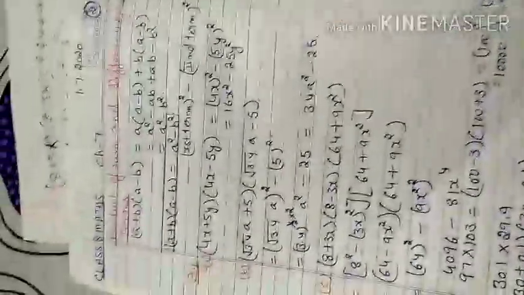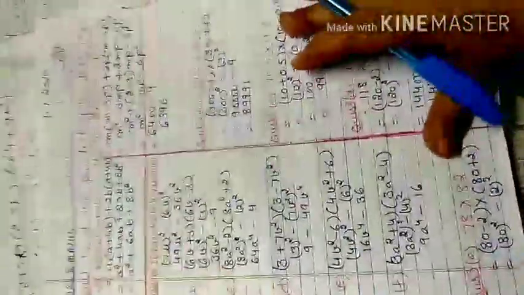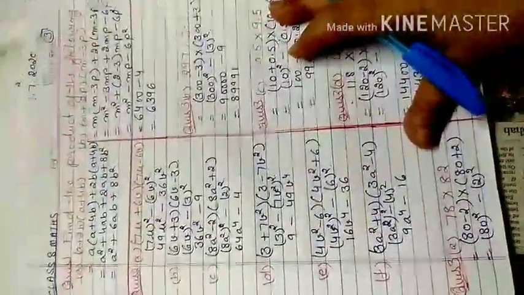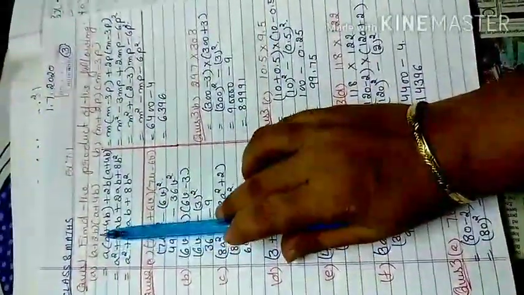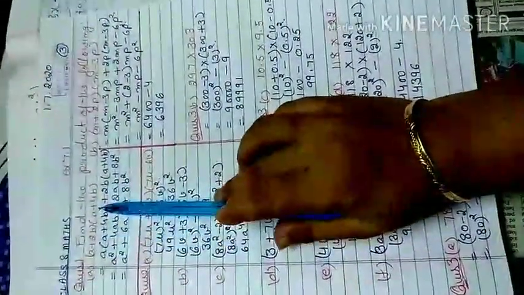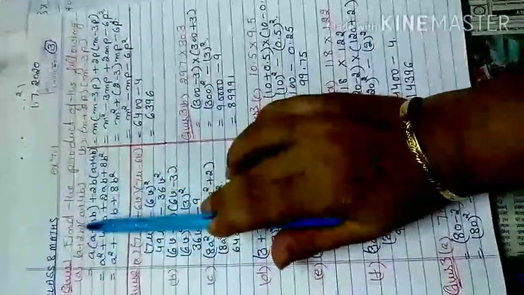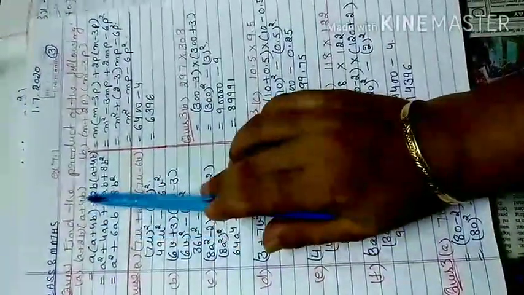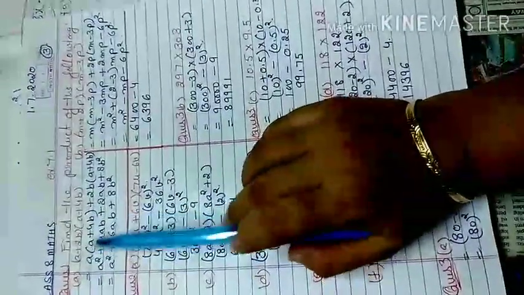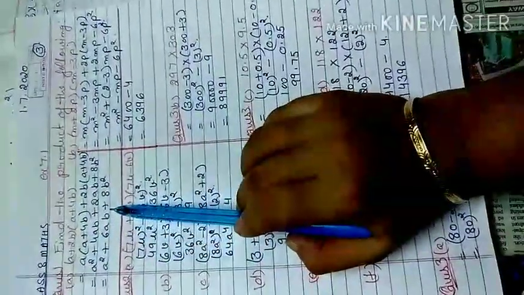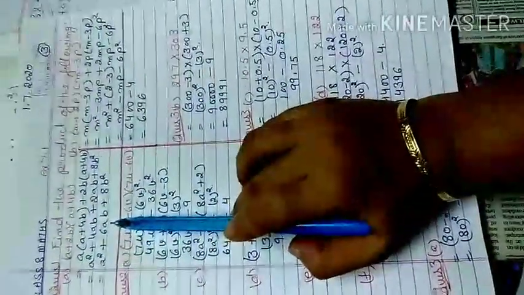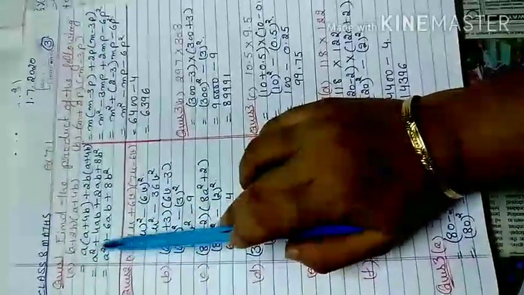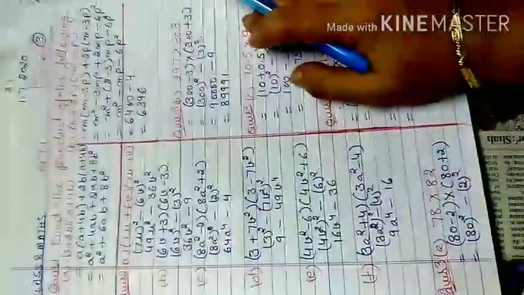So that is the shortcut formula we apply here. Now come to your exercise. The first question is to find the product of the following: (a + 2b)(a + 4b). The first term is the same. Either I can directly write a square, then 2b plus 4b gives me 6b, multiplied by a, the first term. Either you can open completely and multiply the terms, or you can apply the direct formula. That gives me a square plus 6ab plus 8b square as the required answer.